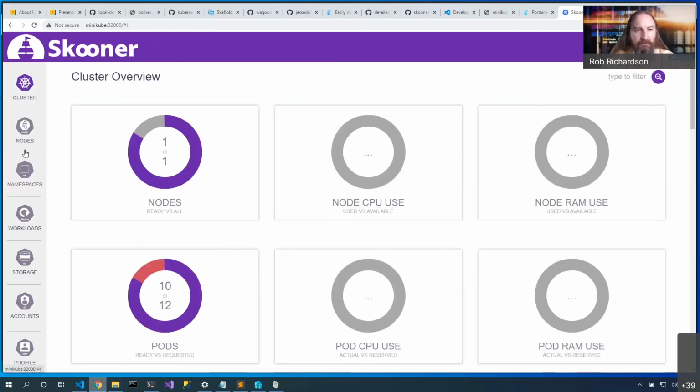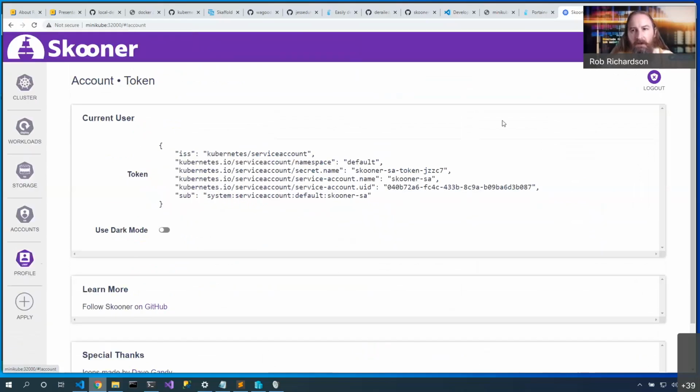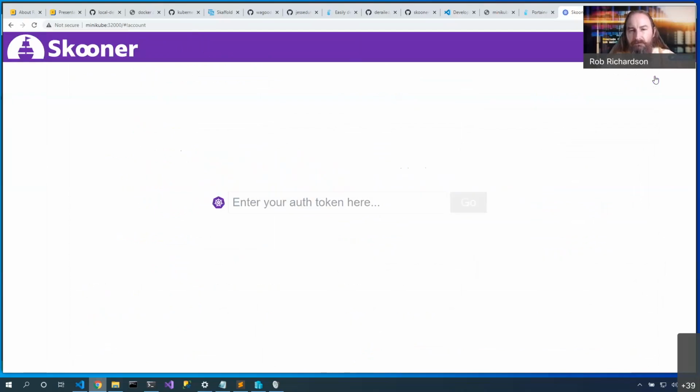Once we've visualized our content inside of Schooner, I'm going to come in here to my profile, and I will choose to log out. Now, Schooner makes me log in by default. The built-in Kubernetes dashboard does not. It's really easy to accidentally flip it from a cluster IP to a node port and accidentally expose it externally. Much like Portainer, we could create content inside of our Kubernetes cluster, and so we really want to secure these dashboards carefully.